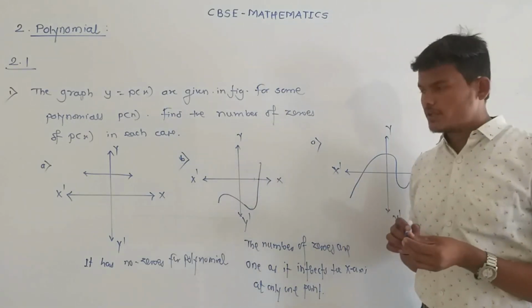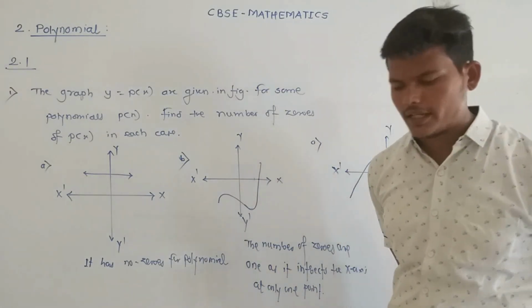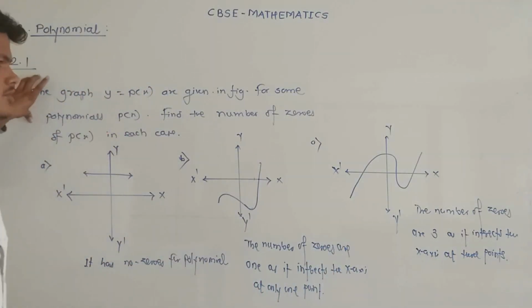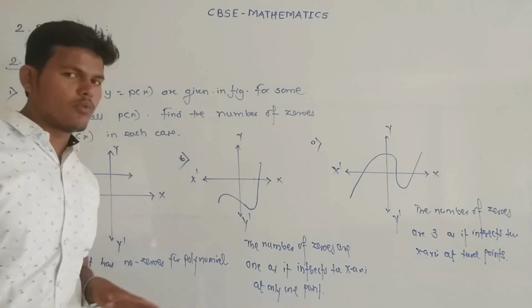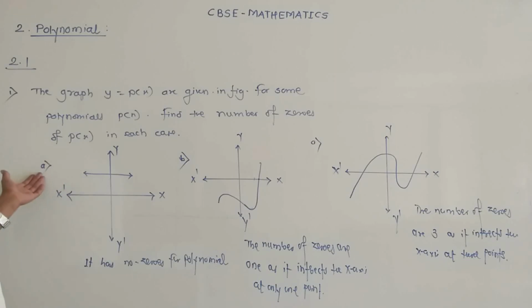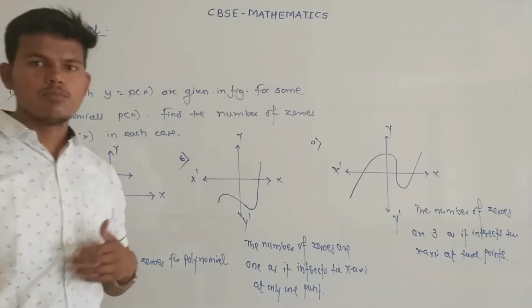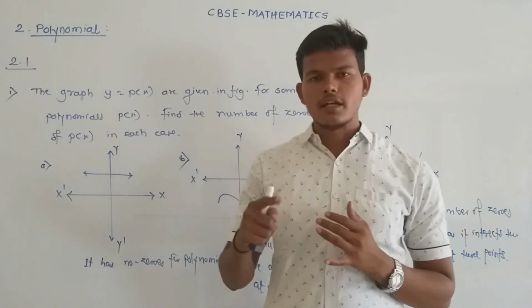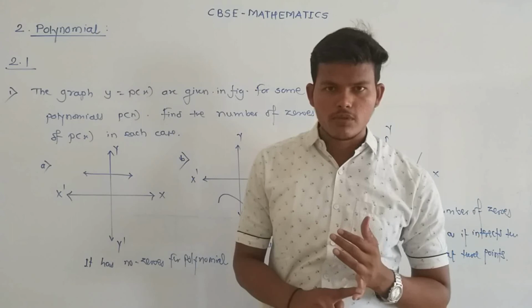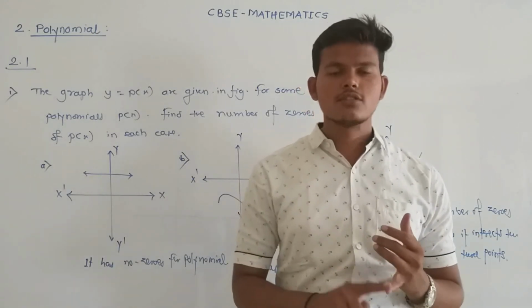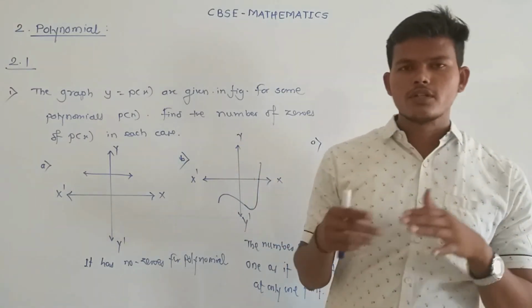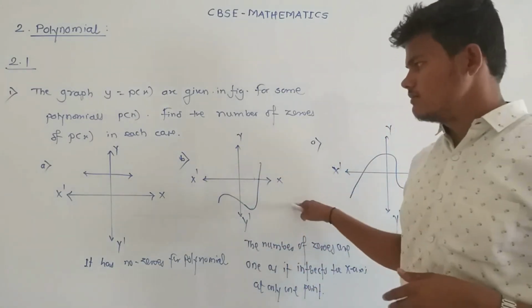So as we are completing practice set 2.1 and the zeros of the polynomial, which is a very important point. This point is very much important for the next point. So thoroughly read the point and solve all these problems which are based on zeros of the polynomial. First, understand what a polynomial is, then types of polynomial, and again, which is very important, the value of a polynomial. If the value of the polynomial is zero, then it is called a zero of the polynomial. And how to find the number of zeros for the given polynomial from the graph.